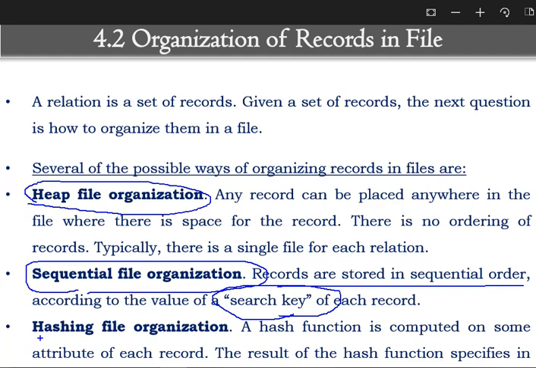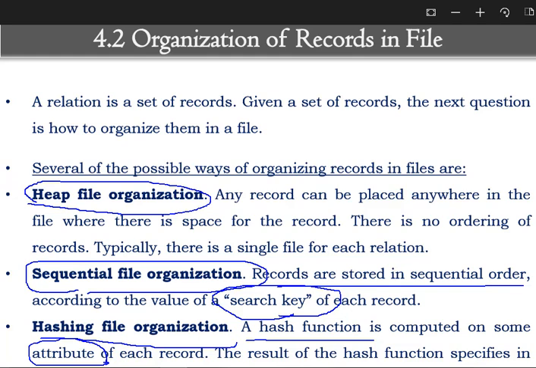And last one is hashing file organization. So when to use this hashing file organization? Whenever you have to calculate some hash function depending upon the attributes from the database. For example, consider that we have 5 disks. I can use first disk to store data of open category students. Second disk I can use to store data of SC category students. Third disk I will use for storing data of ST category students. Fourth disk I will use to store data of OBC category students, likewise. So here you can see that I am using memory depending upon the attributes.